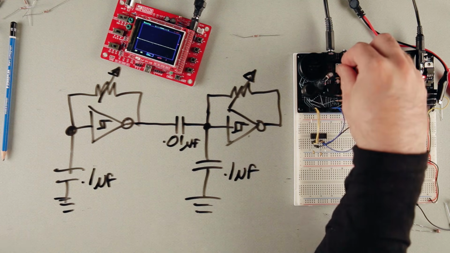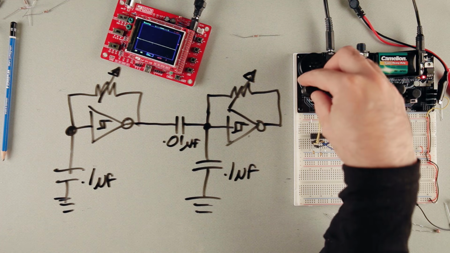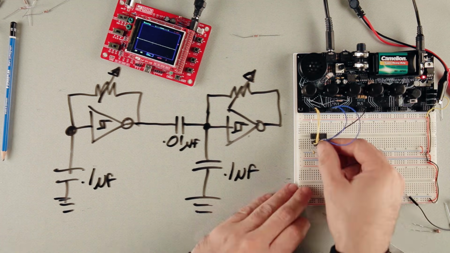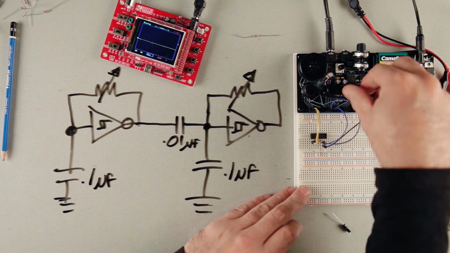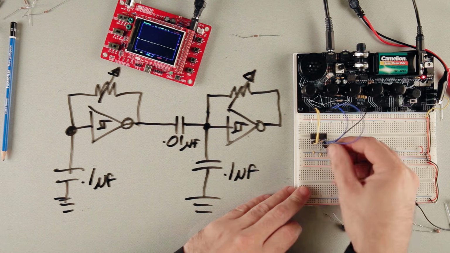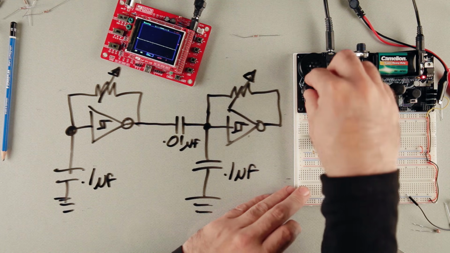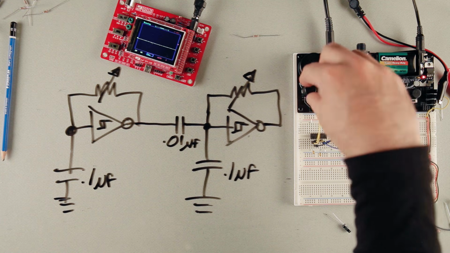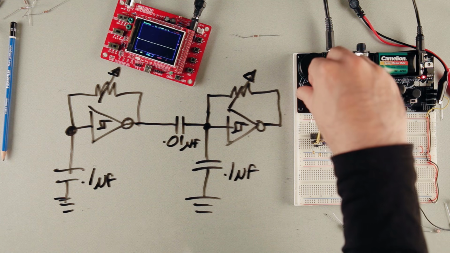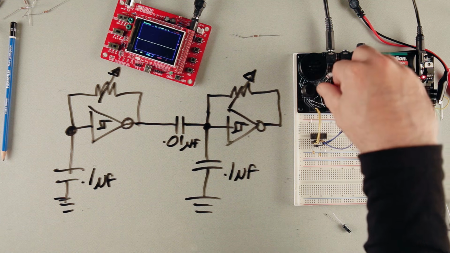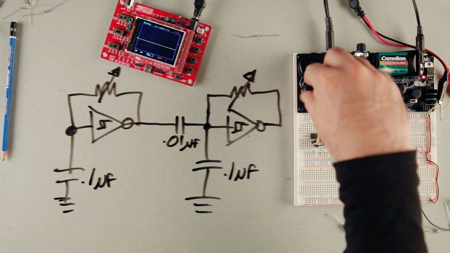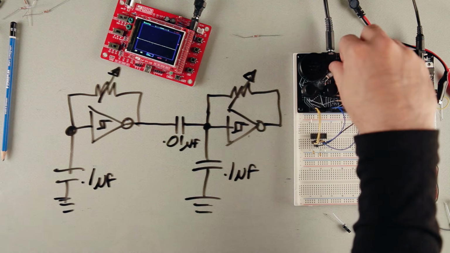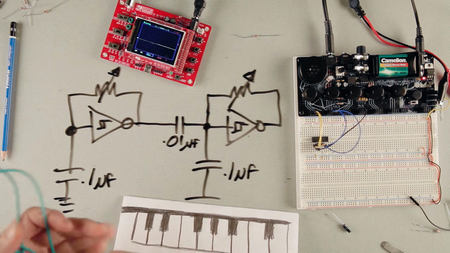So you can hear as I'm changing the pitch of this oscillator, it's jumping notes rather than doing a steady glide. So here's the master oscillator and you can hear that one is smooth, but the one that's being controlled is not. And you can do a lot of cool stuff with this. So I can change, if I go to a lower pitch, now I get this tonal change. And then if I go to a higher pitch, I'm going to get steps. So now, if I plug in my keyboard again,